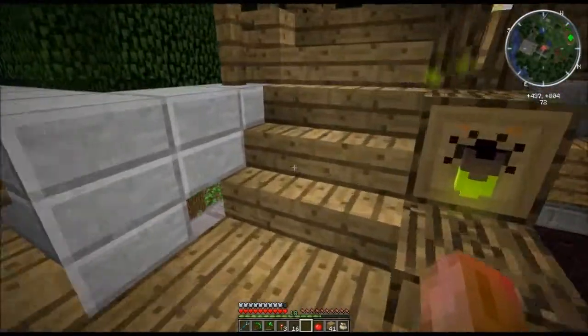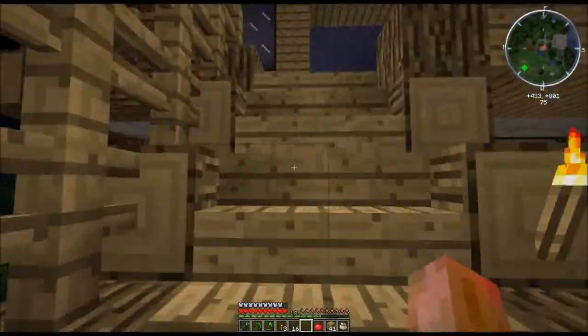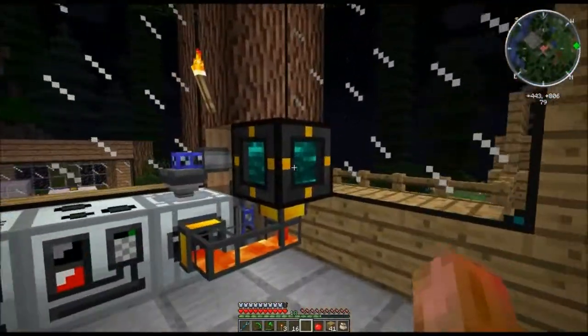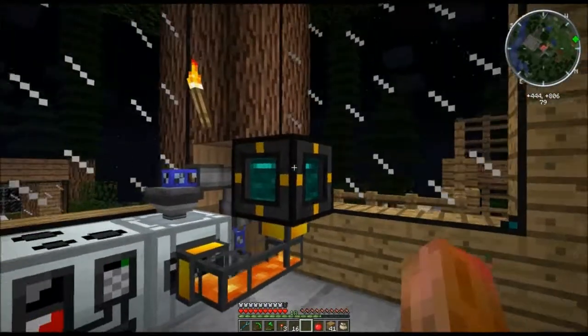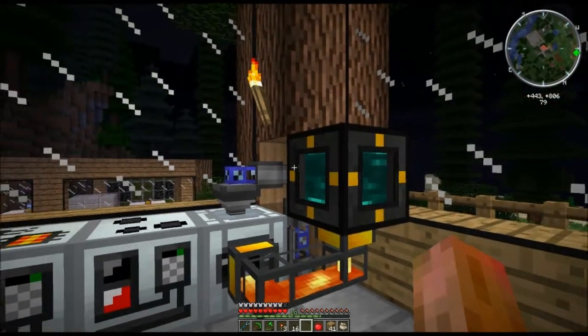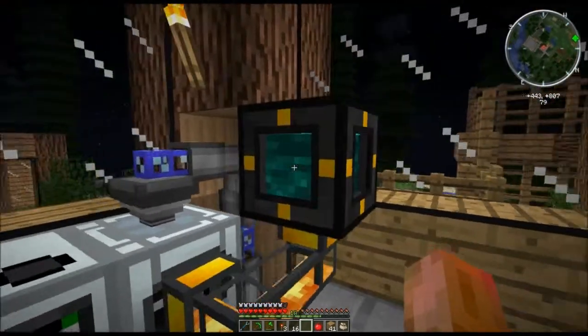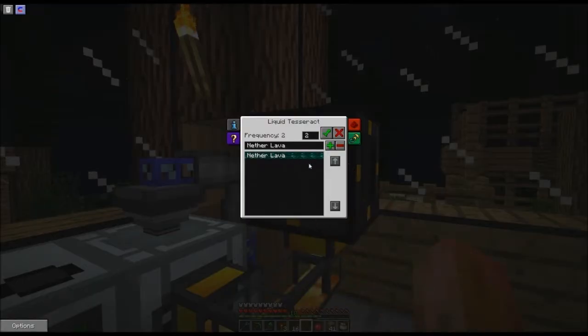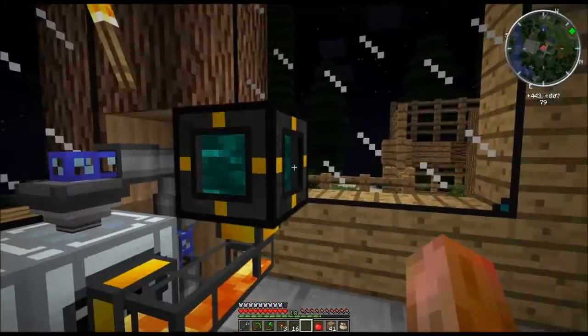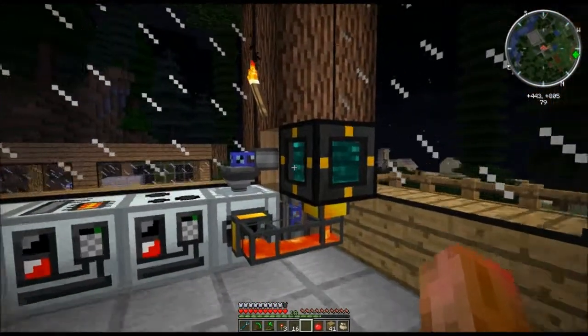Alright, still organising, but I thought I'd missed something out. Over here we have been making tesseracts. Still not found any endermen, but I've been using the minium stone to make 4 iron into 1 ender pearl. So that's how I've been getting the liquid, whatever you call it, ender liquid. So I've got a few tesseracts, and